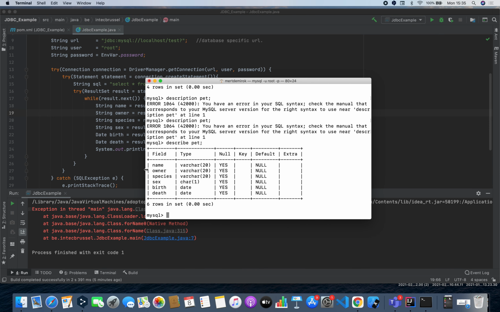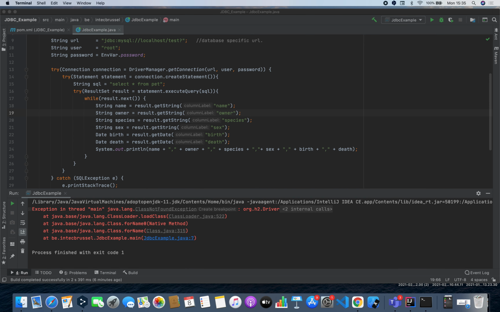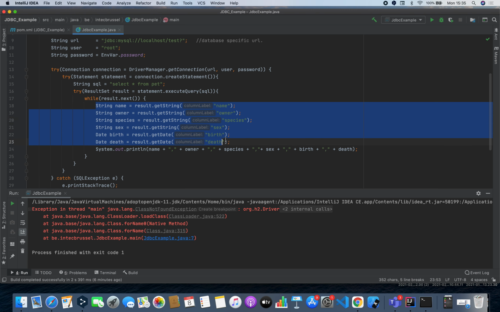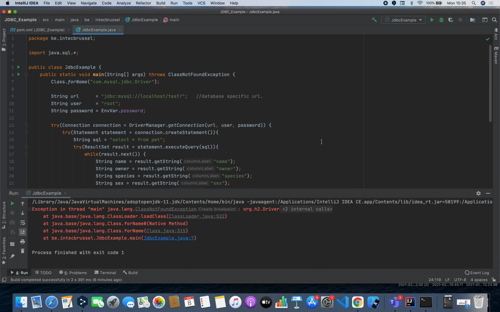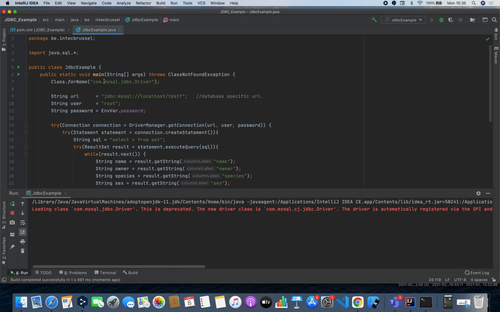As you might see, these are the names of the fields, and I assign every field to a variable. Then I print these variables on the terminal. So let's see what happens. I run the program